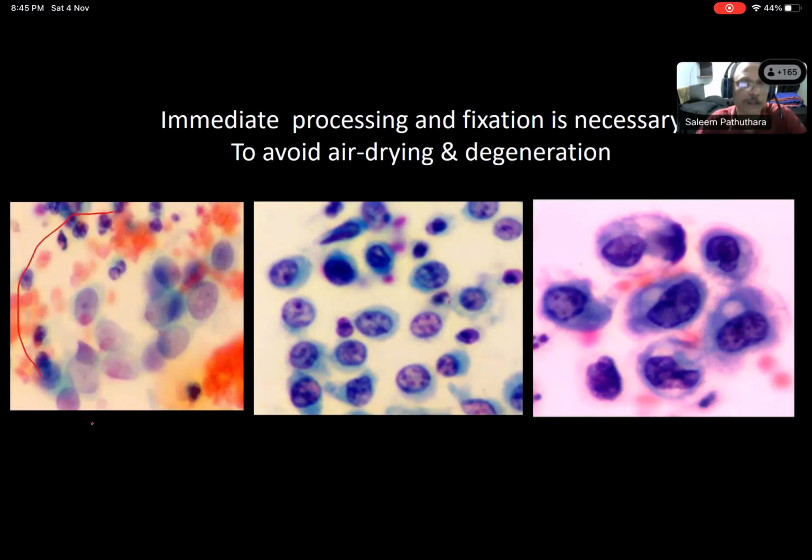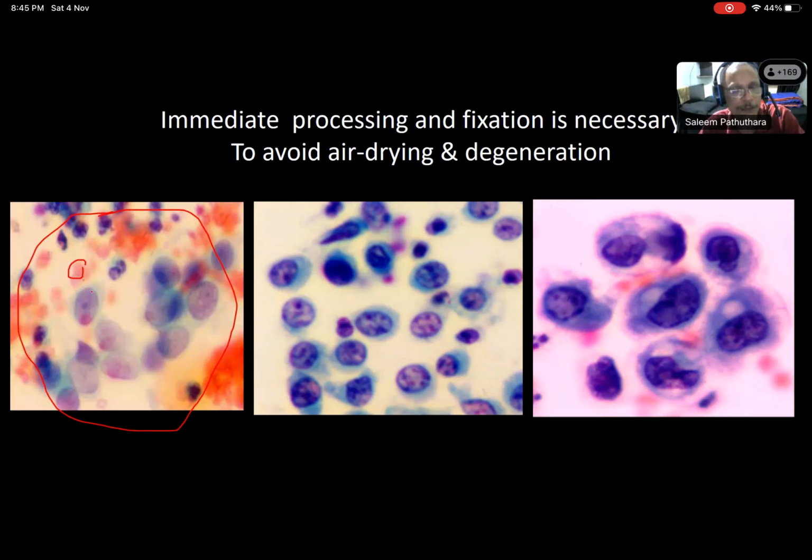Here you can appreciate this is one slide. Here there are a lot of cells. We know there are some 10 to 15 cells, but whether the cells are normal or abnormal, nobody can say because the chromatin is smudged. What has happened to this slide? It is completely air dried. Look at the morphology of the RBCs. You can see there are RBC holes, but the exact morphology is lost because of the air drying. This happened because the slide was prepared, and after preparing, it was kept a long time outside, and then it went to wet fixation. See, it went into the fixative.